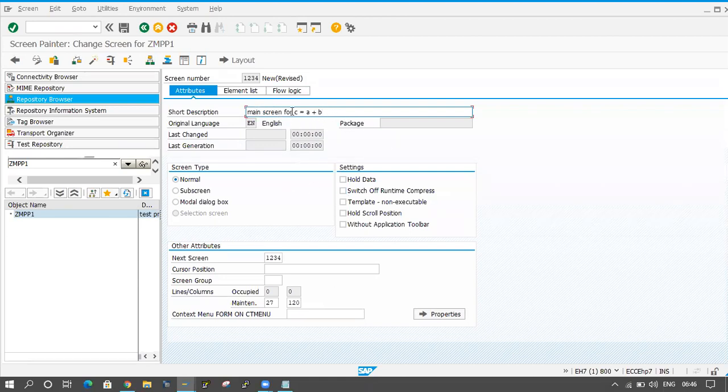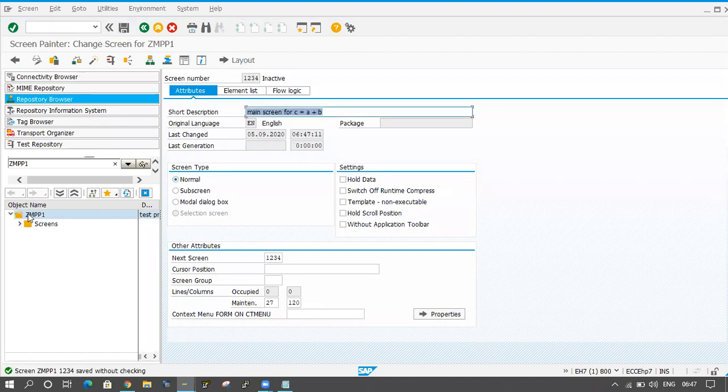You can give any description here, there is no restriction. Here the types of screens are coming: normal screen, subscreen, modal dialog box, and selection screen. We will discuss them later. As of now, I am selecting normal screen only. By default, normal screen will be selected here. Now click on the save button.